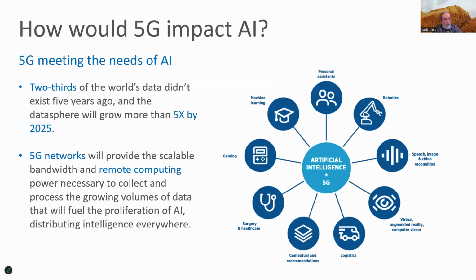In terms of how it's going to impact AI, I mean, oh my God, it's going to really change everything in terms of how fast we can move that stuff around, because it does need more computing power, more bandwidth, more speed, and all that. It says the data sphere will grow by more than 5 times by 2025. So we're already there. And it's going to provide remote computing capability,